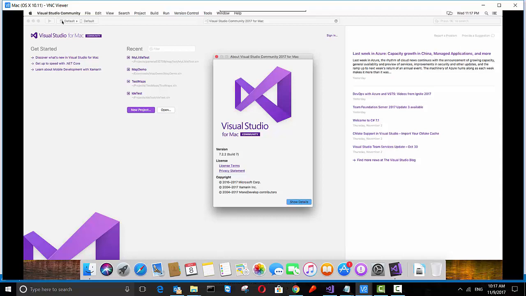Let's say that, for example, in your Mac OS you have Visual Studio, one of the previews or one beta, or it's not a stable version. Then if you go back to your PC, you won't be able to connect to that version because for that you will need to install Visual Studio 2017 for PC in a preview version